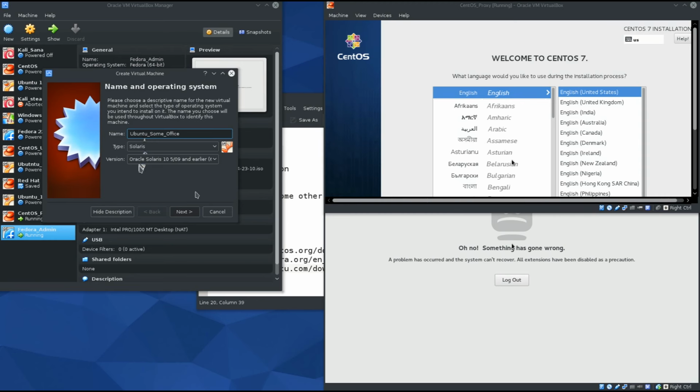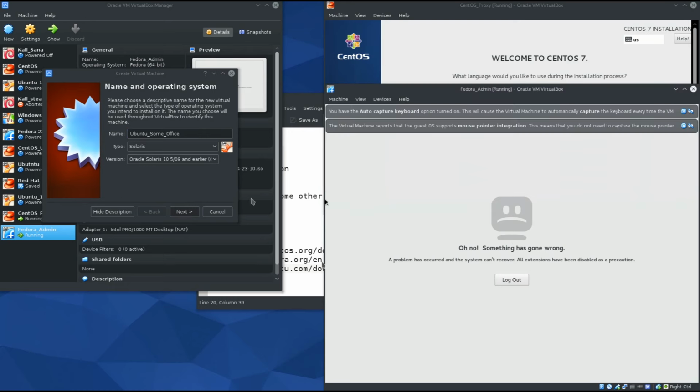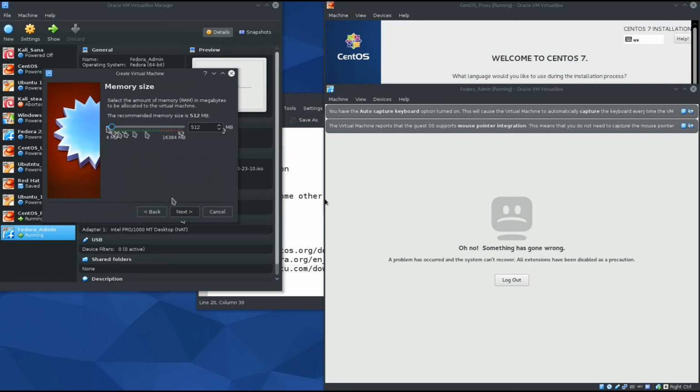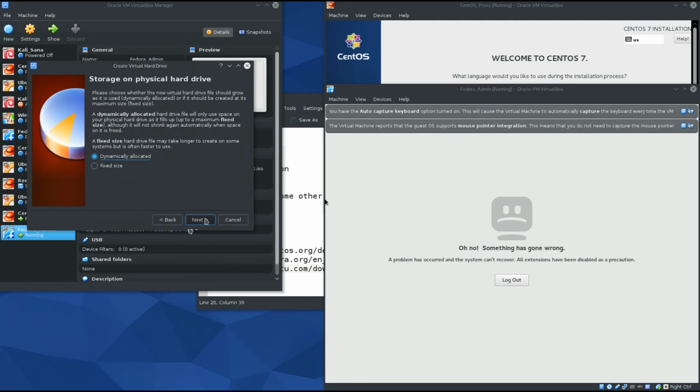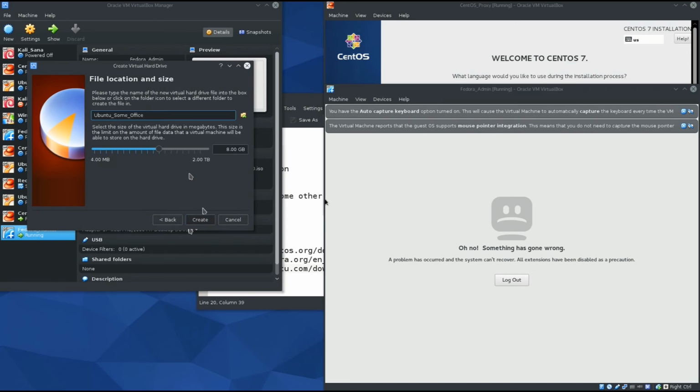It says something went wrong. Okay, no big deal. We will come back to this. It says Ubuntu some office. It's not Solaris. It's Linux, and it's Ubuntu 64-bit. Excellent. If you're not using a 64-bit, doesn't matter. Again, I'm gonna give it 2 gigs of RAM. Click on next, create, yes, so just as before, no big deal, dynamic allocation, 30 gigs, create,